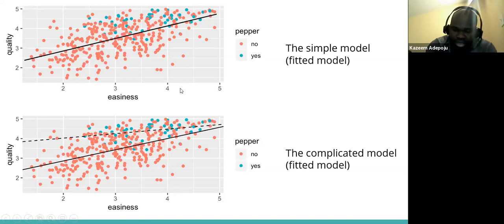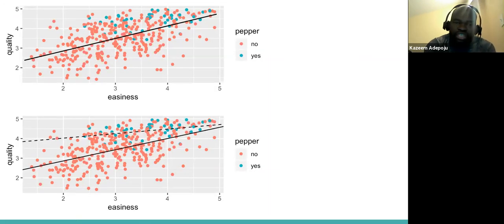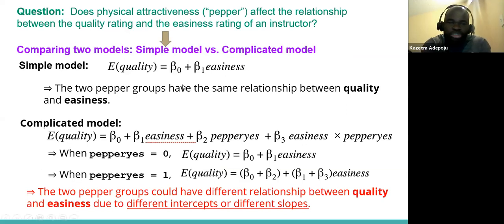Now, in a situation where we are comparing the simple model and the complicated model, we want to take a decision whether we should use the simple model right here or the complicated model. Don't forget, the complicated model involves the main effect as well as the interaction effect,